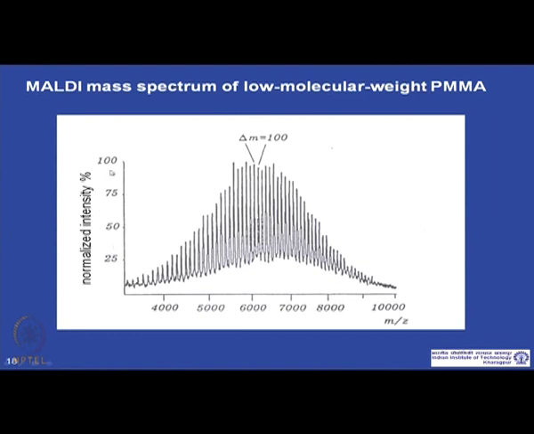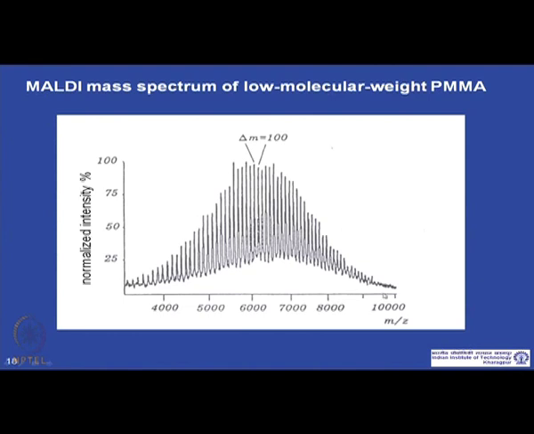This is the normalized intensity, and if you look at the gaps between the molecular ions, you can see the gap is 100 Dalton, which is exactly the mass of a MMA repeating unit. So, here you can exactly get the difference in the signals with the molecular weight of the repeat unit,